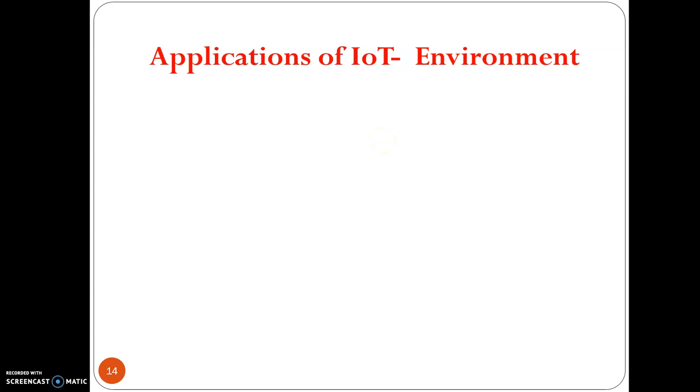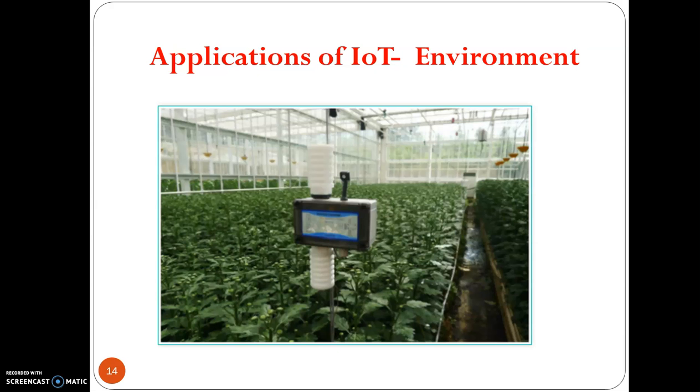Now, the next application of IoT is in the environment. IoT has applications such as the weather monitoring system, which we have discussed in data handling. Another one is air and noise pollution control. I may have a forest fire detection system. I may have a river flood detection system. Like I said, the air and noise pollution system can be installed near a hospital area or near your school area. That's how I am going to control these parameters.